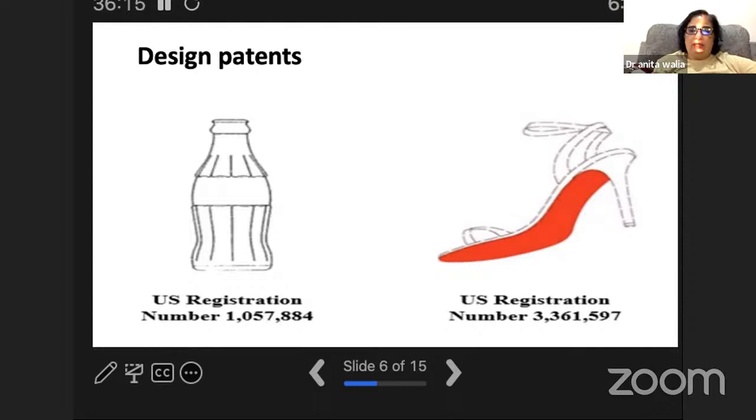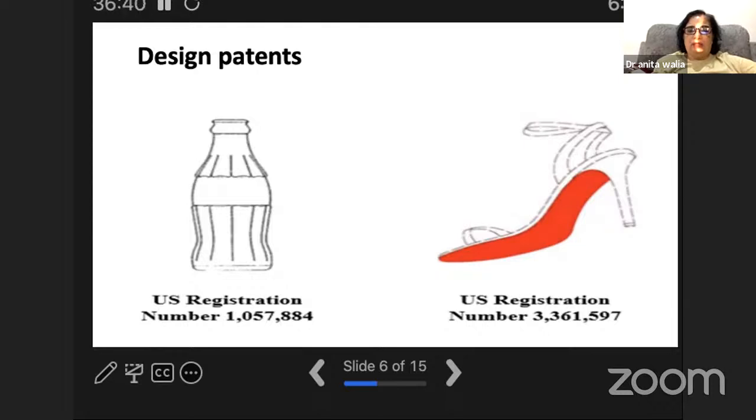Utility patents and design patents are both subject to examination under the Indian Patent and Trademark Office. They will also do something called an art search, which I'll show you now. A design patent has a term of 14 years, whereas a utility patent has a term of 20 years of protection.